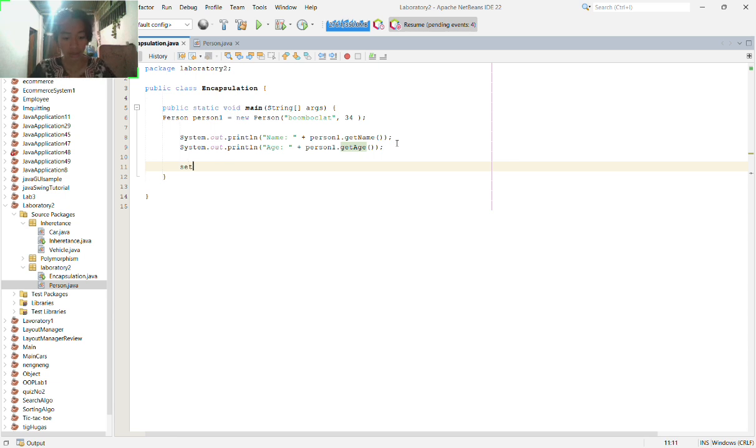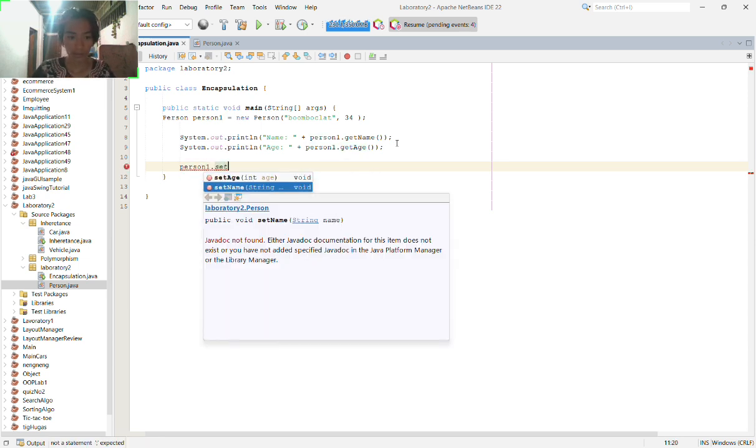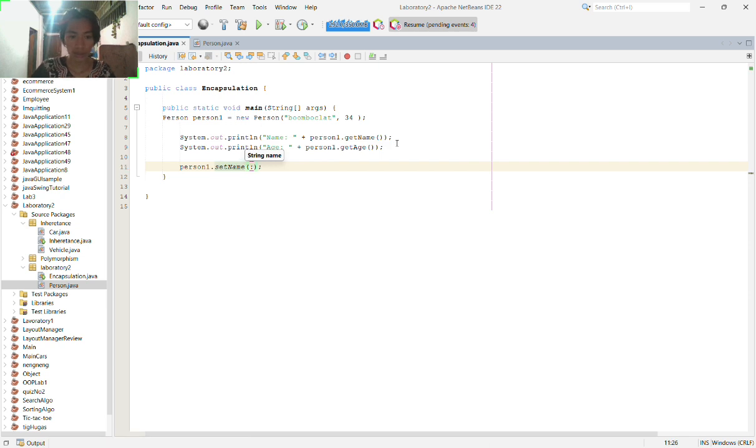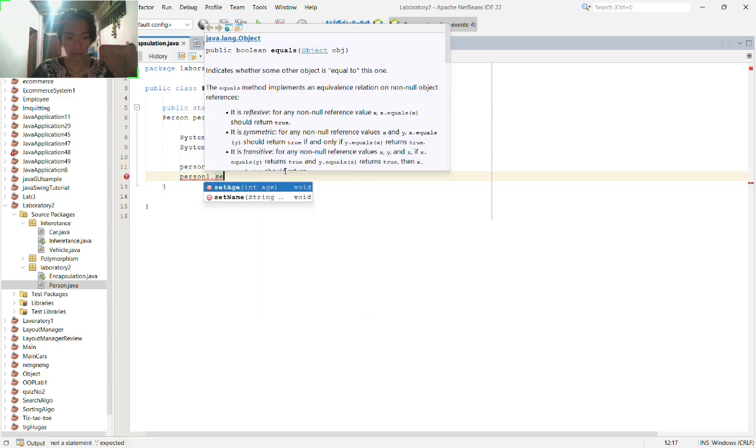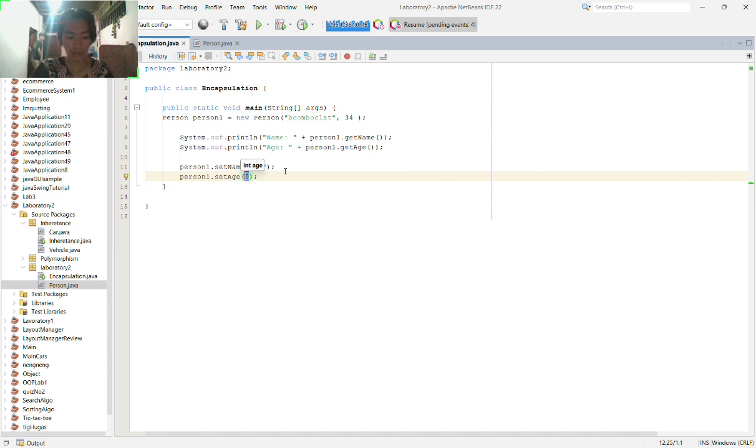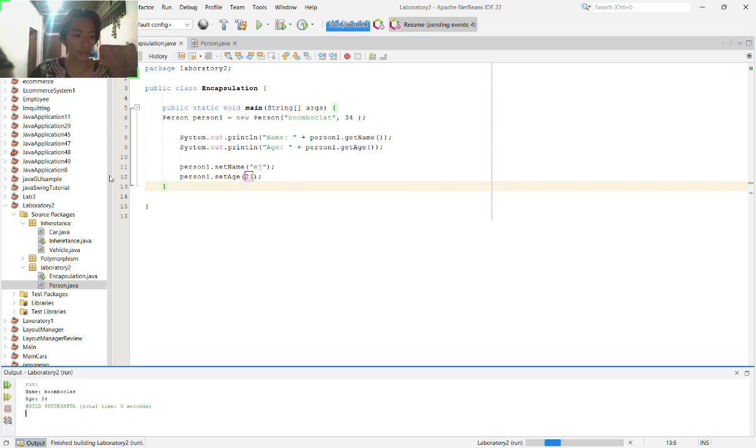So let's use person one dot set name. Let's set it to a new name, and so on. Set age to 21. So if we run this again,